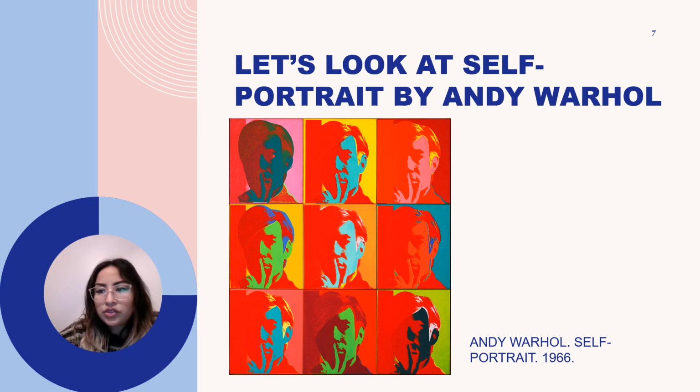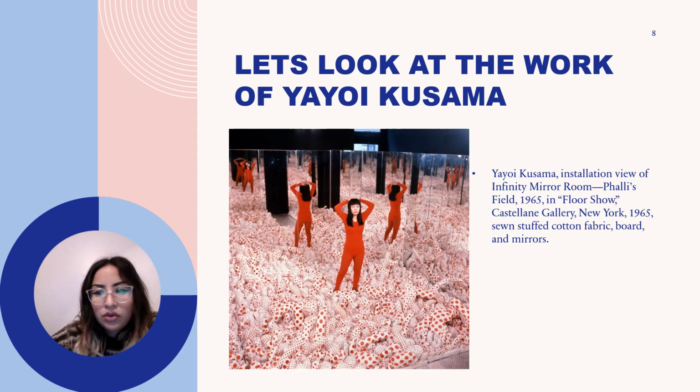This work was constructed in what would become one of Warhol's signature styles, the repeated silkscreen grid of highly saturated color. An expert colorist, Warhol juxtaposed primary and secondary colors as well as different hues of the same color to evoke mystery and mood. Primary reds, turquoise, blues, and yellow dominate while contrasting with secondary greens, oranges, pink, and burgundy in this work. Let's look at the work of Yayoi Kusama.